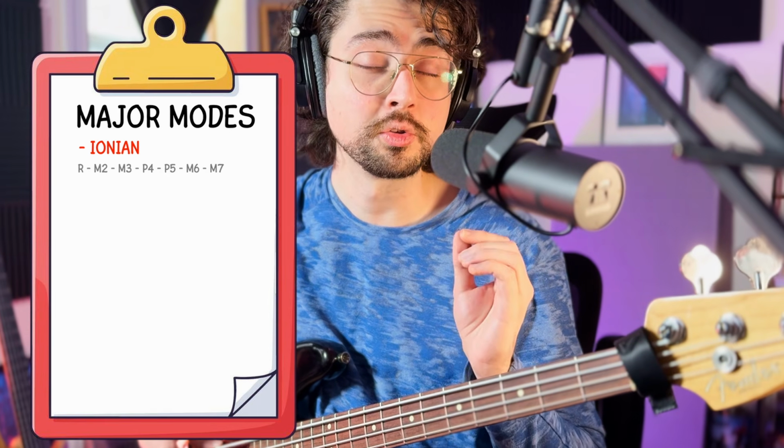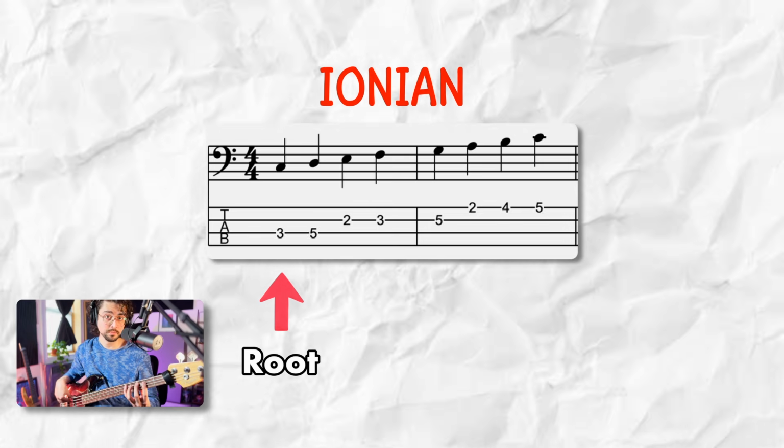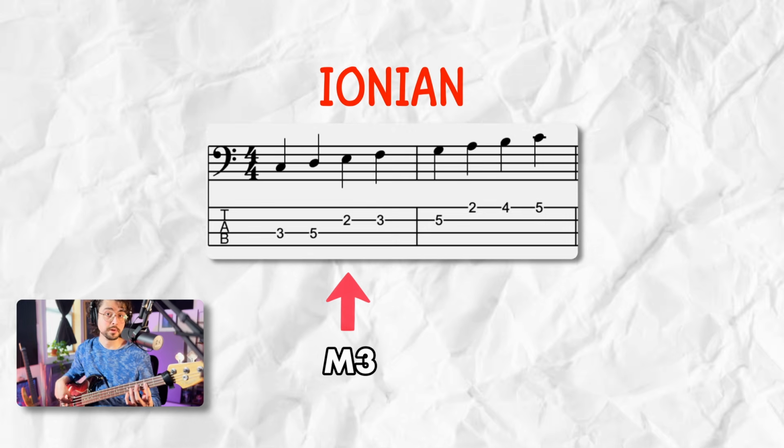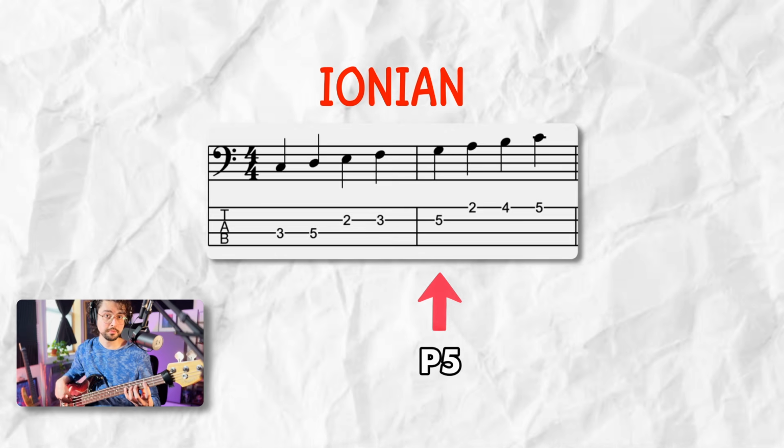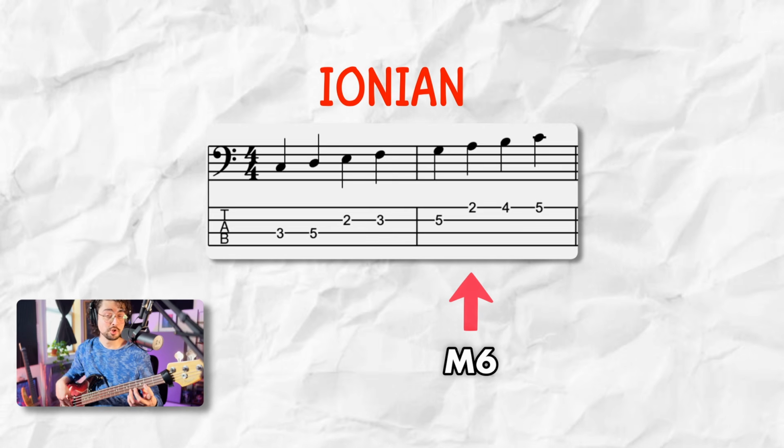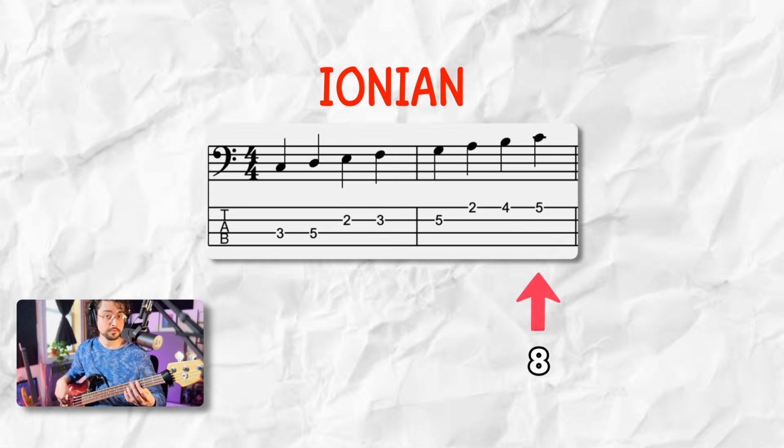This one, we're going to call it Ionian, okay? That's going to be the first mode of the major scale. Now, when you learn a mode, it's also very important to learn the intervals inside this mode. We have a root, and then a major 2, major 3, perfect 4, perfect 5, major 6, major 7, and then the octave. Now, when we start the C major scale from the second note, it becomes the new mode,